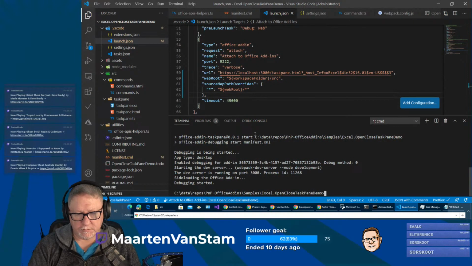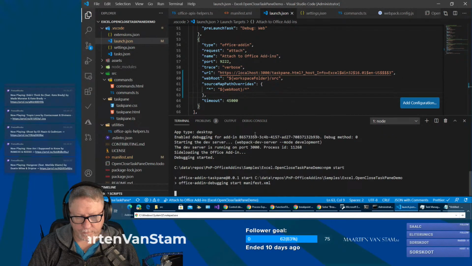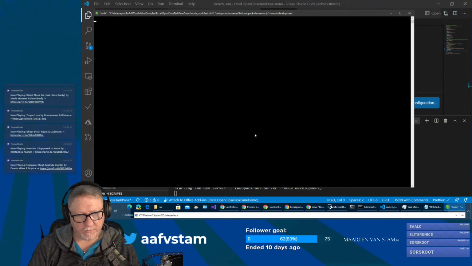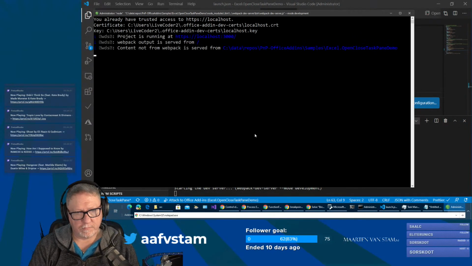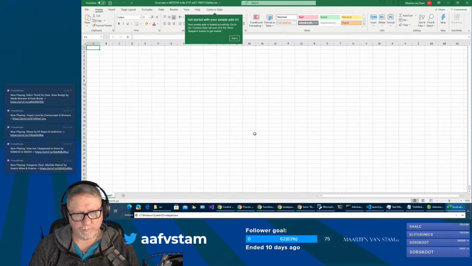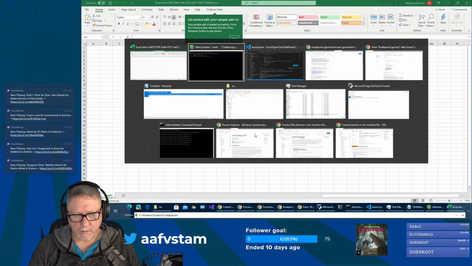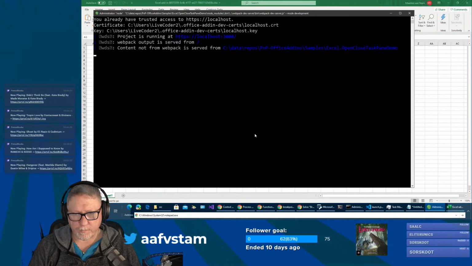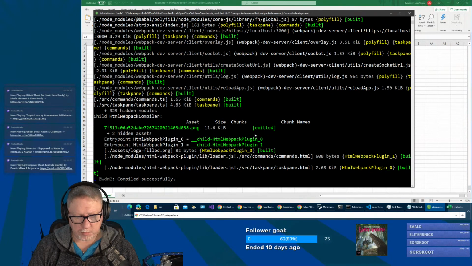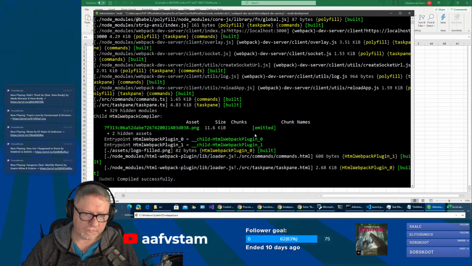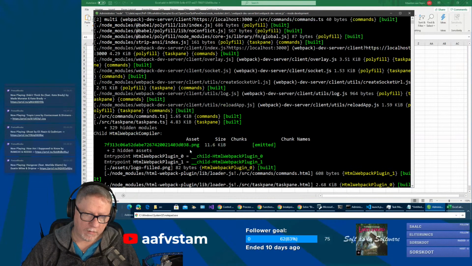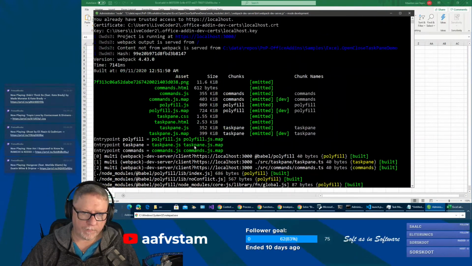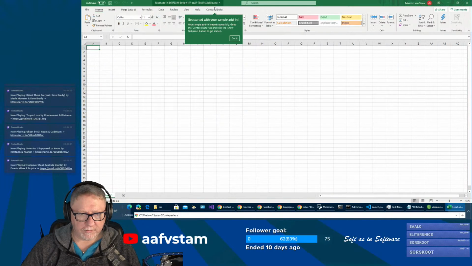Terminal, npm start. Here's node. So I don't see anything changing here, but